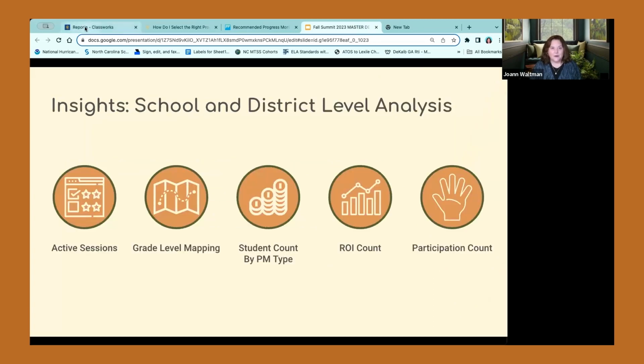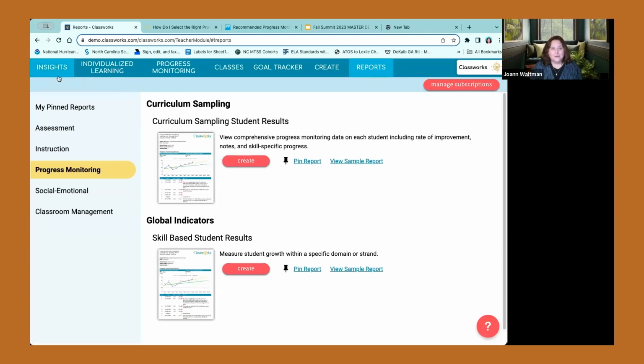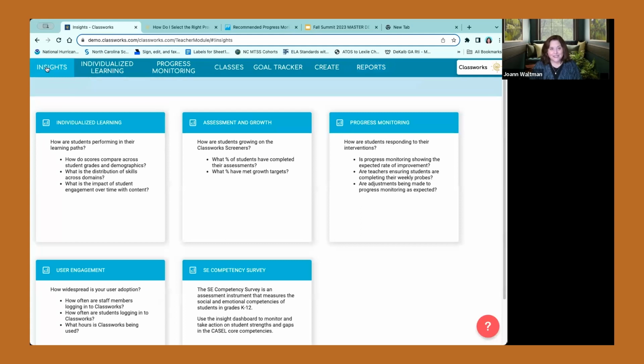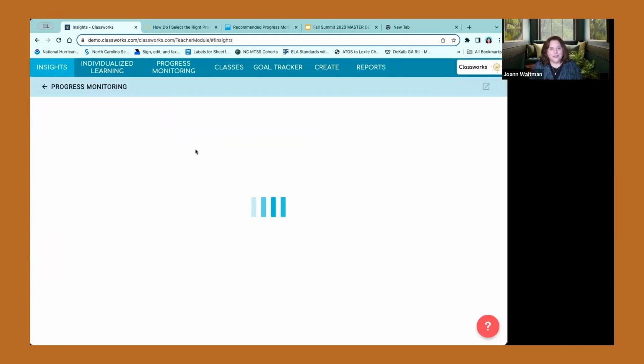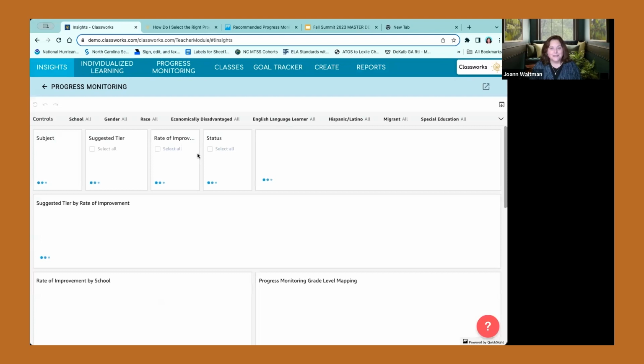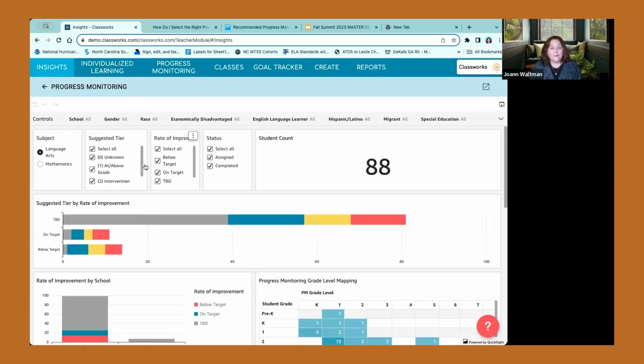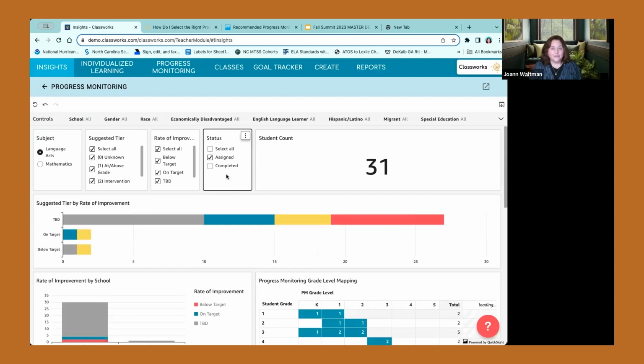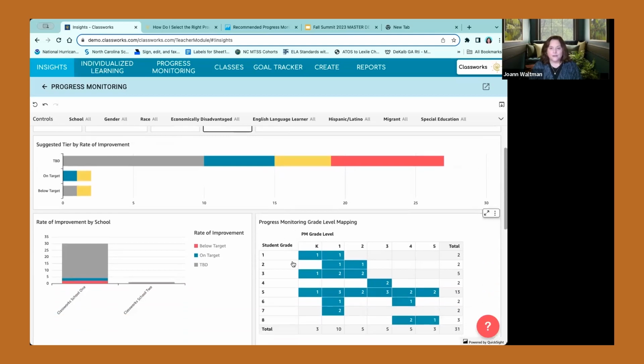So, last part I wanted to dig into super quickly, and I know there's questions, is the insights piece. If you're a building or district level staff member and you have insights, under progress monitoring, it makes it super streamlined for you when you're coming in to see how my students are doing. The one thing I'm going to say on here is uncheck the completed status. That way you're filtering out the sessions that are done, that are no longer active. And then if you'll scroll down,